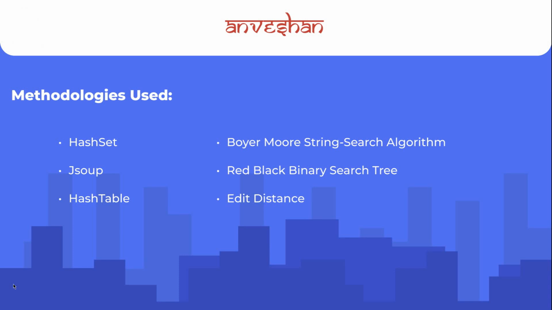These are some of the concepts that we have learned during this course. HashSet: we have used HashSet because for basic operations it is very efficient and the time complexity is O(1) only. Hash table: we have used a hash table because we insert unique keys, so the insertion and searching operations will be extremely fast and take only O(1) time.